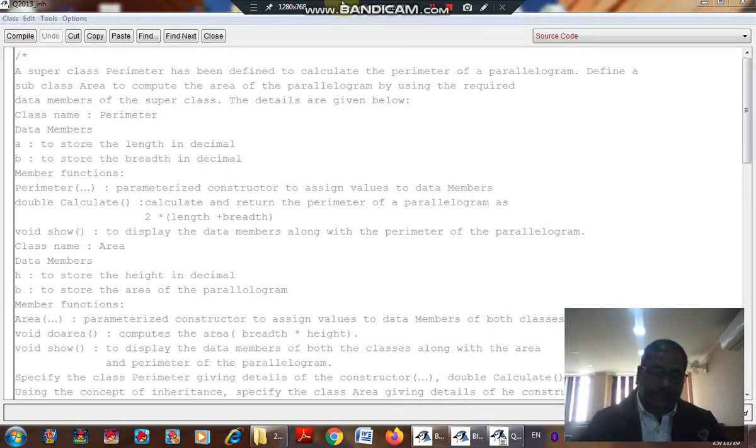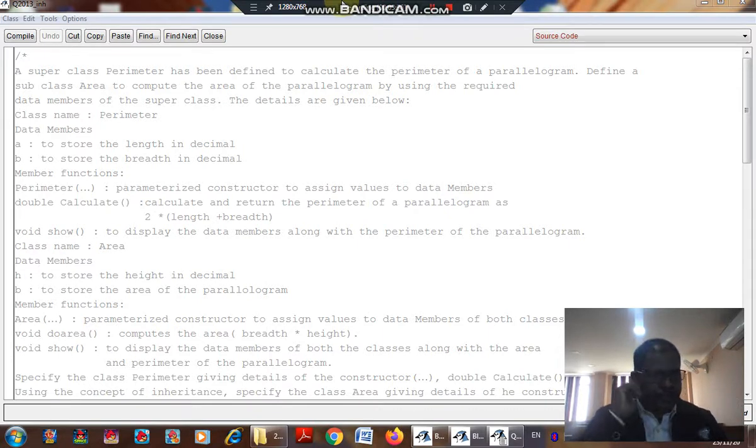This is the concept of method overriding, and to overcome this problem, where only the derived class function and constructor are executable, or maybe not in the case of the constructor, to refer to the properties and methods of the base class, we have to make use of the keyword super. This is what we have to understand. There are certain areas which are very important. One is the extends keyword to inherit. Second is the use of the super keyword when the names of the functions are same, and when there is a parameterized constructor in the base class. So we have to keep these three things in mind, and we can solve the question.